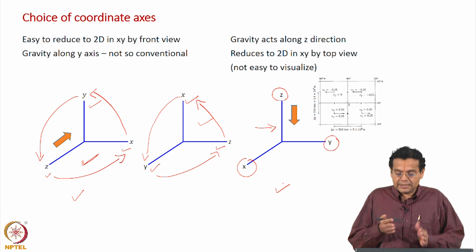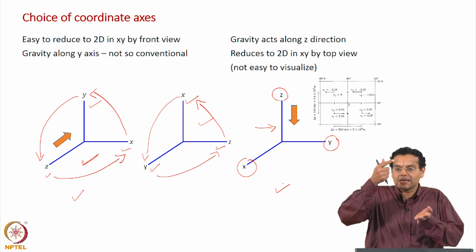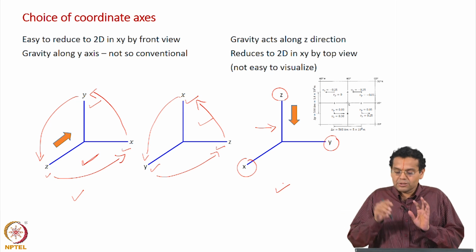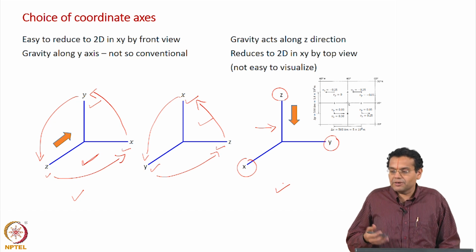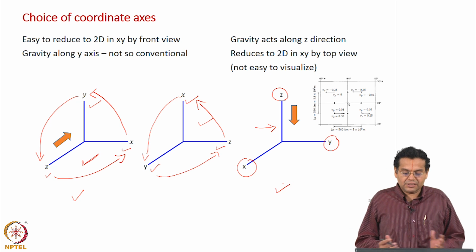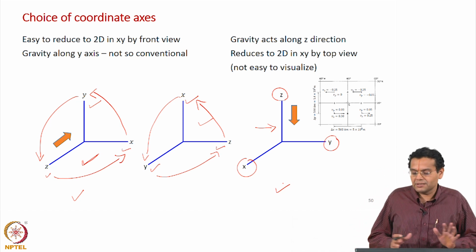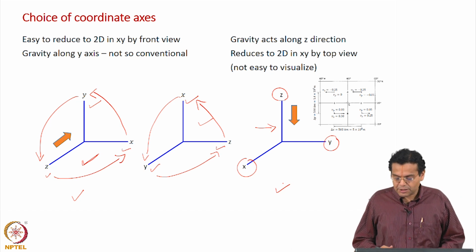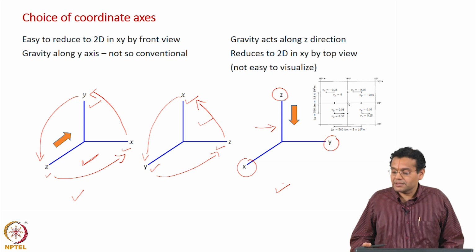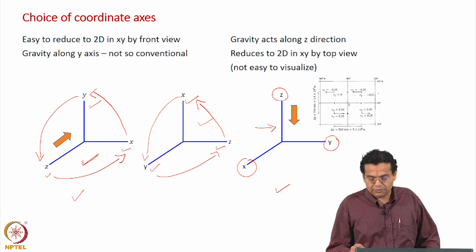What did I say? On the surface of the ocean I have x here, y here, and then the z axis is here; of course, into the ocean it will be negative. So, the third choice is what is applicable for this particular problem, with the z axis along the vertical direction. These are the different choices of coordinate system. You will usually come across the first or the third, and the second is rarely used. So, let us proceed keeping the third coordinate axis in mind, which is what is used here.